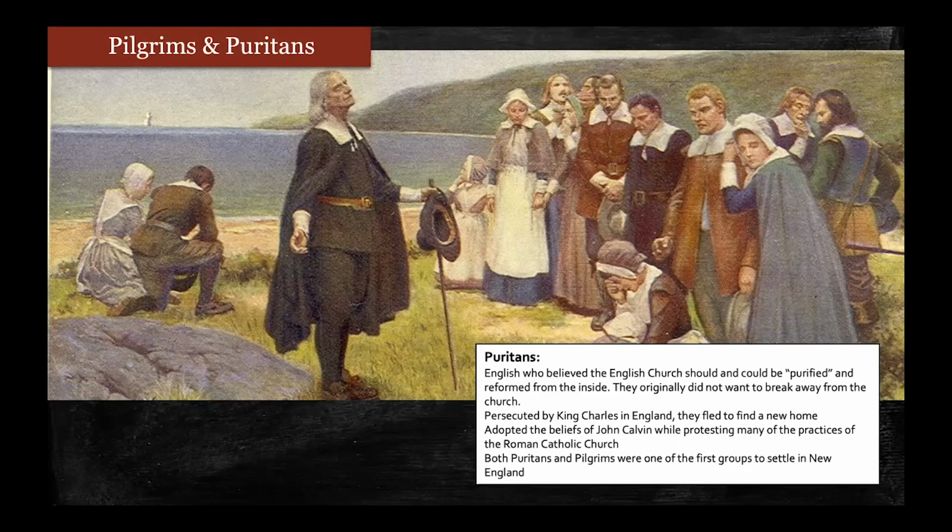They originally did not want to break away from the church. This is how many reformers saw themselves. Remember, the Catholic Church was the Christian church for the first, say, 1,500 years in Europe. The Pope ruled in many ways, in most time periods, he ruled as a type of emperor. Certainly the religious emperor, at times also the temporal emperor here on earth.